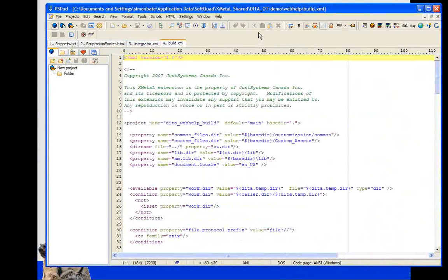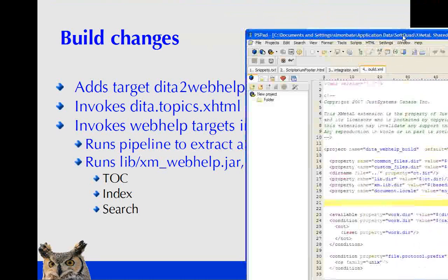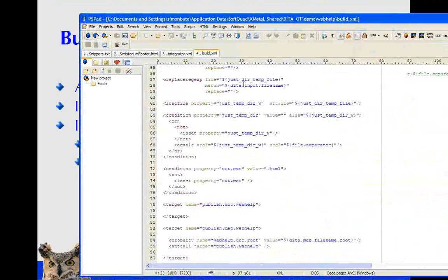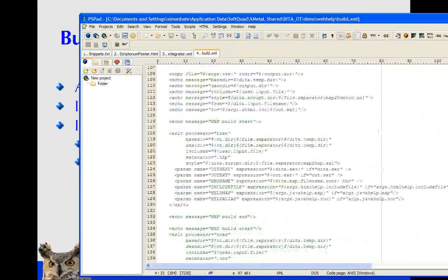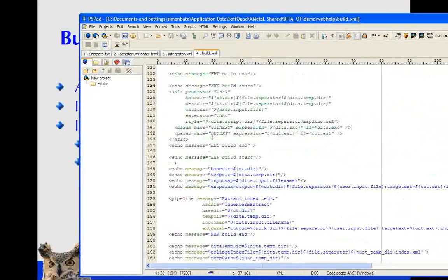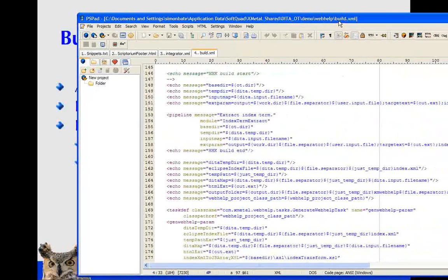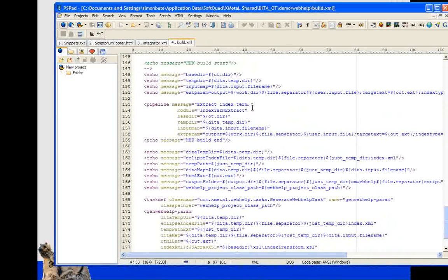These are actually implemented in the Webhelp file. Hang on a second. That's right, in Webhelp build.xml. I'm just opening it up. So here we have the build. Sorry, I'm being distracted here. Here we have the build.xml file, and you'll notice in here, this is where we